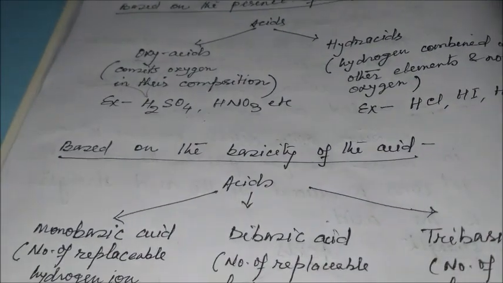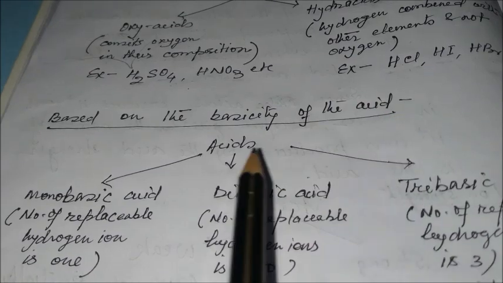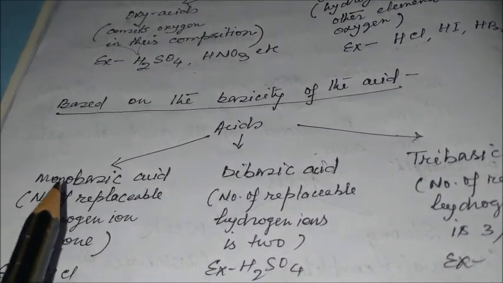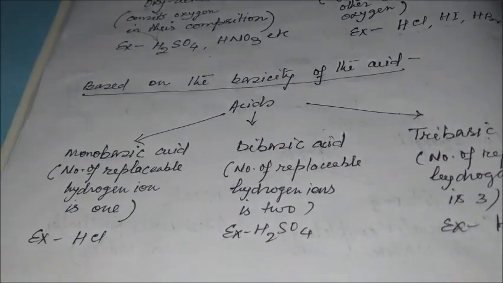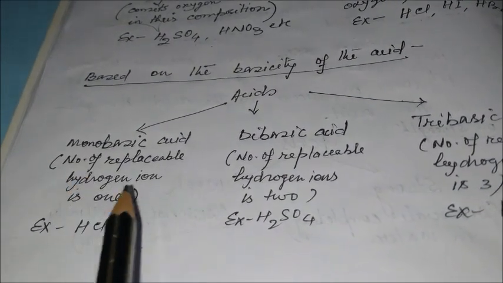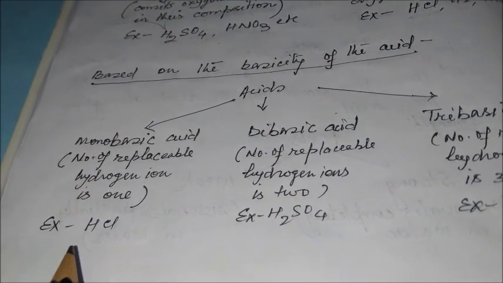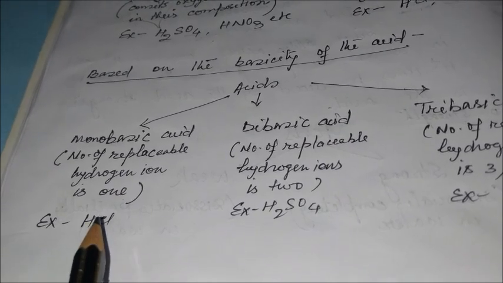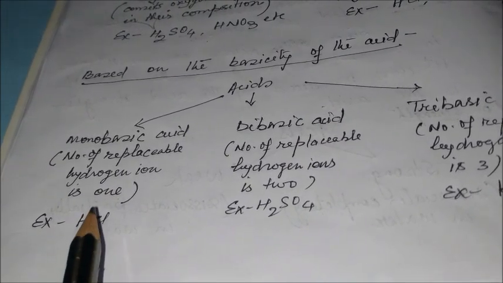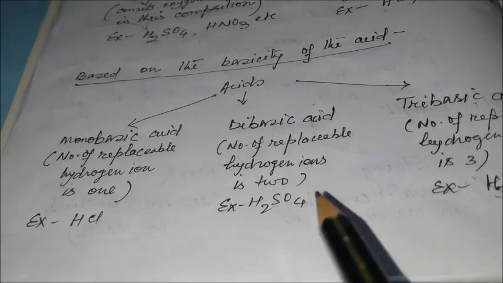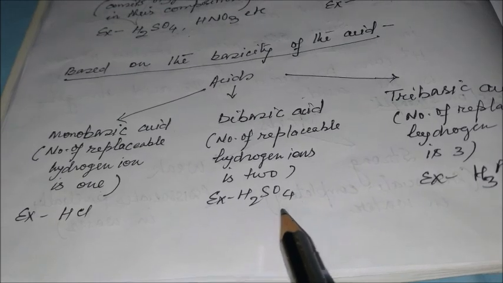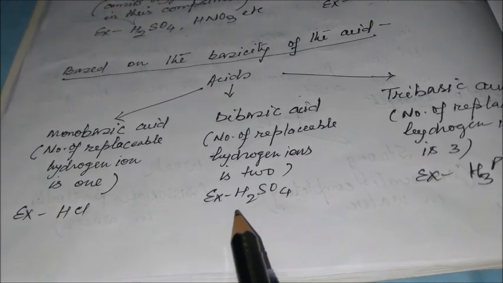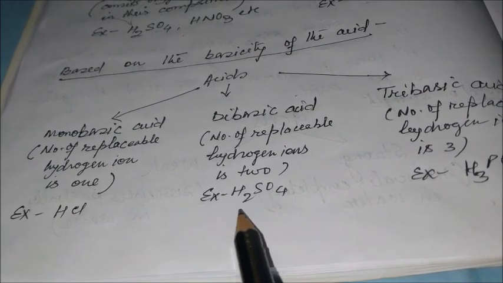Now the classification based on basicity of the acid. On the basis of this, acids are classified into monobasic acid, dibasic acid and tribasic acid. In case of monobasic acid, number of replaceable hydrogen ion is 1. For example, suppose HCl. Here number of replaceable hydrogen ion will be 1. So it is the example of monobasic acid. In case of dibasic acid, number of replaceable hydrogen ion is 2. Consider this case H2SO4, means one molecule of this H2SO4 dissociates to give 2 H positive ions,